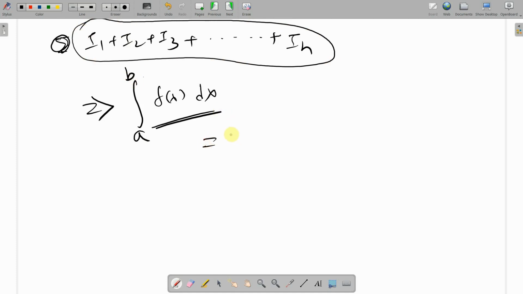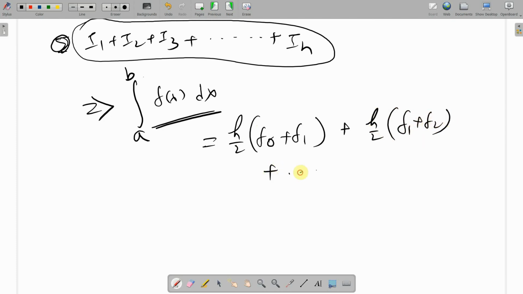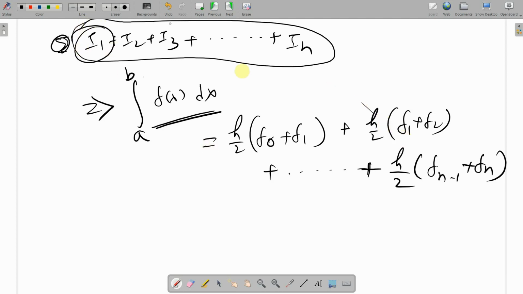पहले मुझे I1 का वैल्यू मालूम है. I1 का वैल्यू लेट्स से h/2 f0 प्लस f1 है. I2 का वैल्यू भी मालूम है, h/2 f1 प्लस f2 है. सिमिलरली हम लोगों का In का वैल्यू लास्ट जो इंटीग्रेशन किए थे उसका वैल्यू भी मालूम है. वो भी h/2 fn-1 प्लस fn हो जाएगा. So it will equals to h/2 f0 plus f1. It's coming from I1. Then from I2 you can get this value. From In you will be having this value. And by doing so